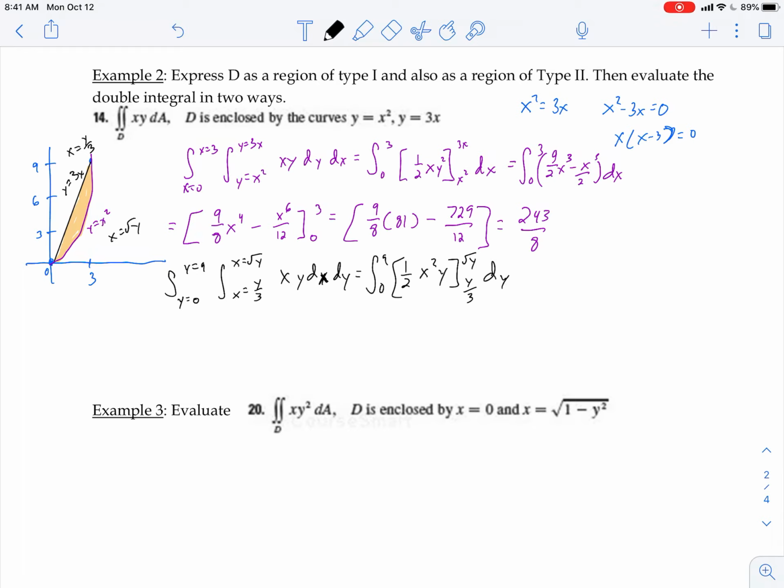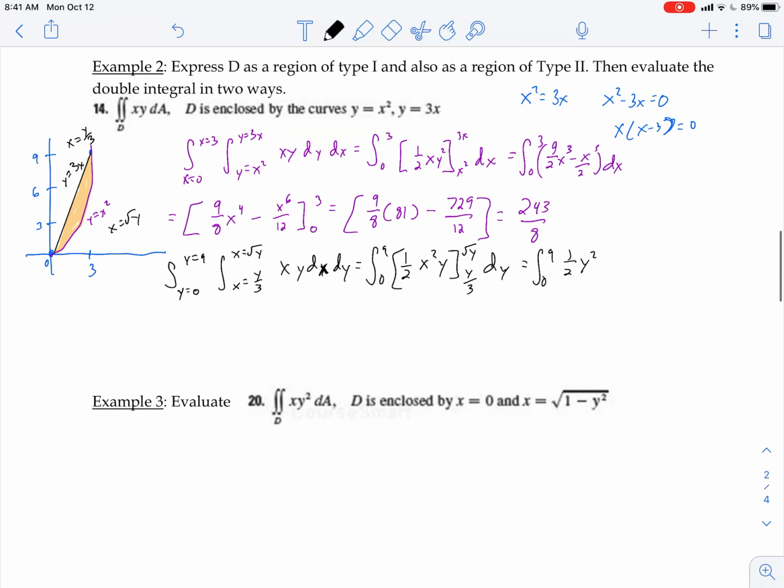All right, so dy. Now we're going to go ahead and plug in, so 0, 9. We're going to plug in radical y. We're going to get 1/2 y squared minus, now plug in y over 3. We're going to get y cubed over 9, so 1/18 y to the 3rd dy. All right, integrate it once more. And now we're doing with respect to y, so y to the 3rd, so 1/6 y cubed minus, and then y to the 4th over 4